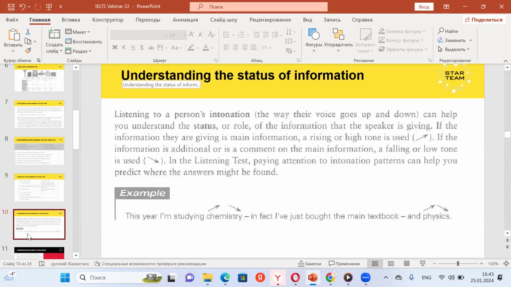Okay, отлично. So let's move to the next one: understanding the status of information. Listening to a person's intonation, the way their voice goes up and down, can help you understand the status or role of the information that the speaker is giving. If the information they're giving is